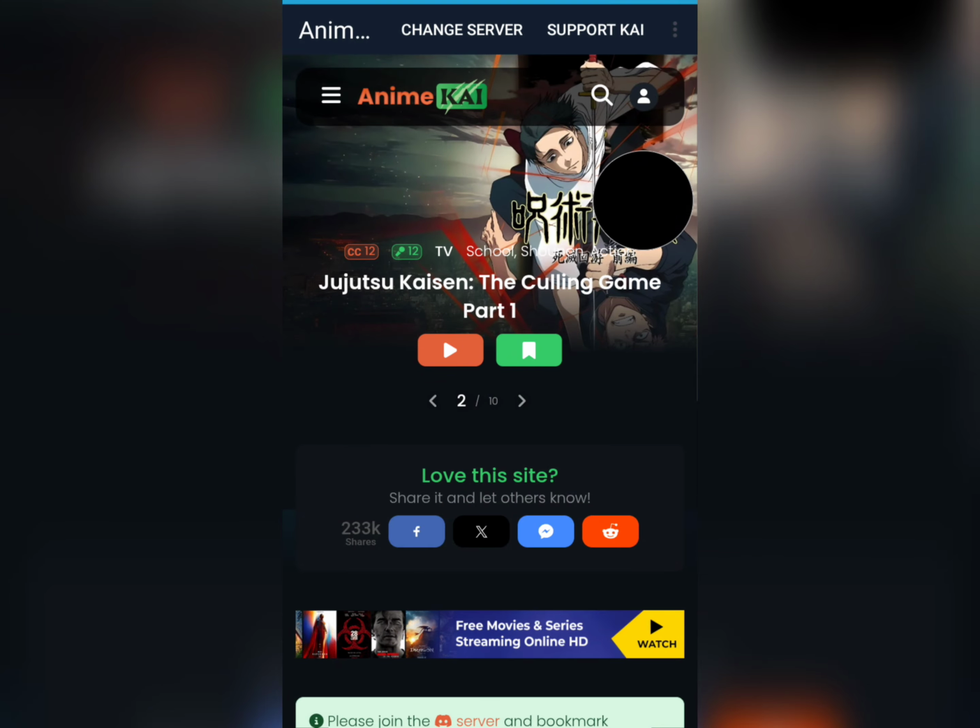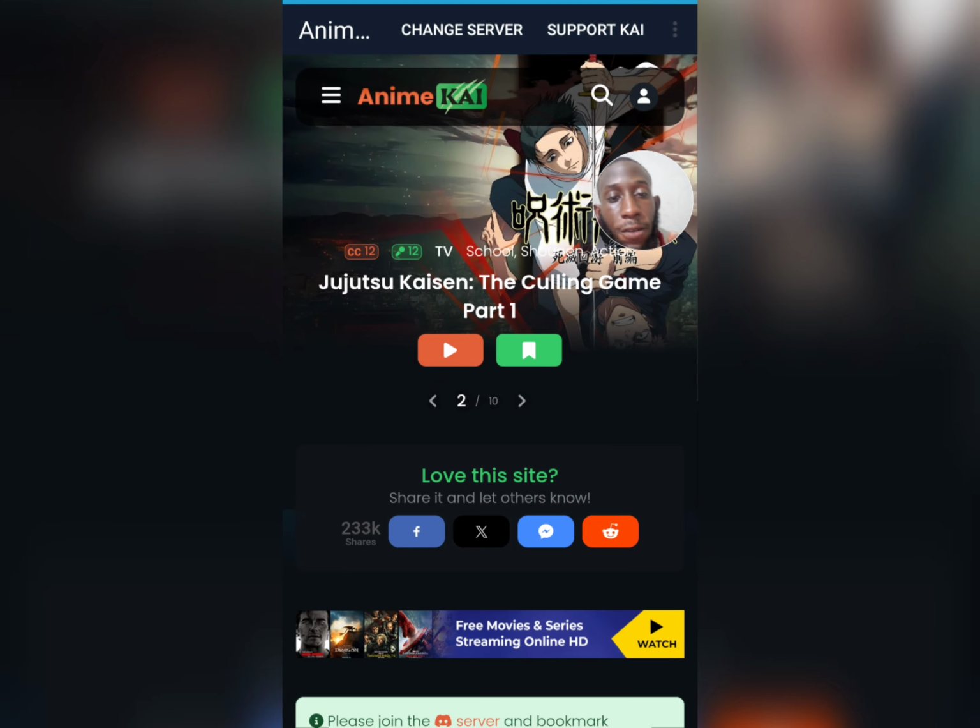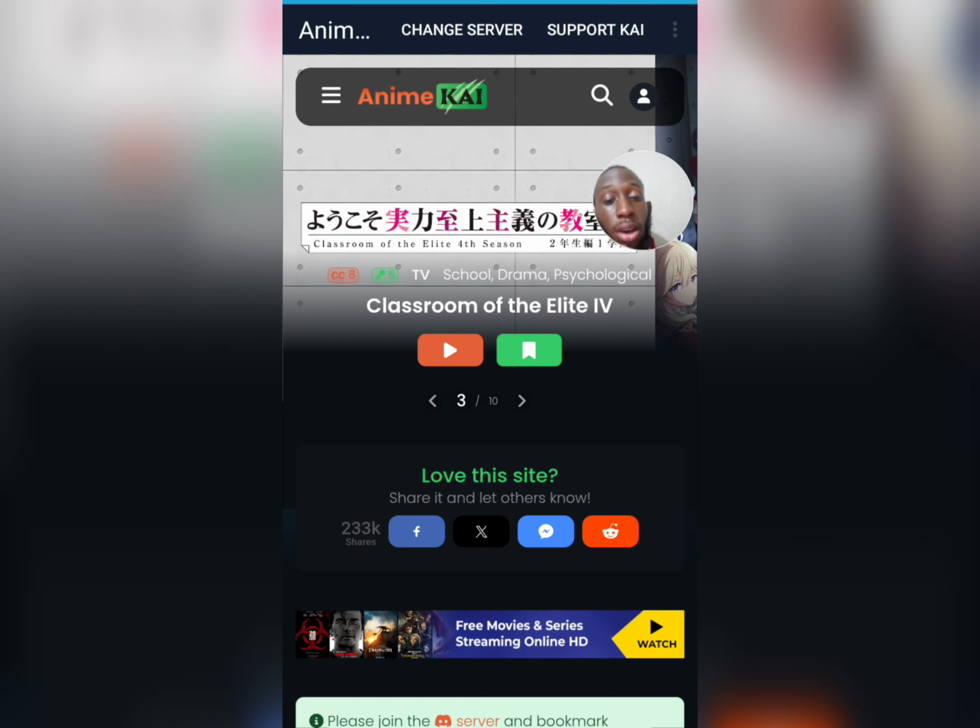Here, this is the home screen of the app. Very simple to use, nothing hard for you to not understand. So I'm gonna keep this very short. Similar to the other AI applications that I've reviewed, this one is pretty much